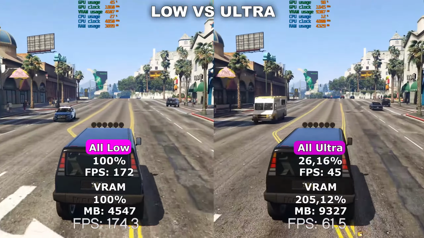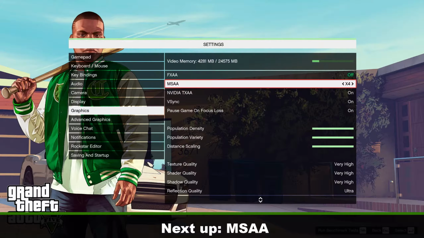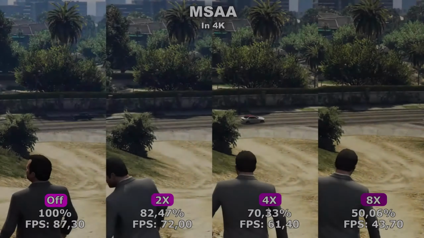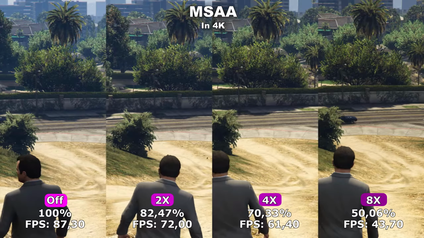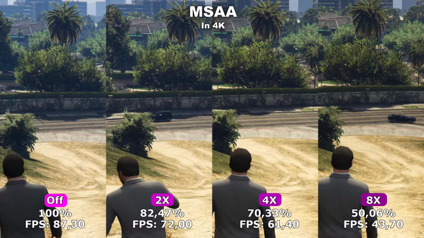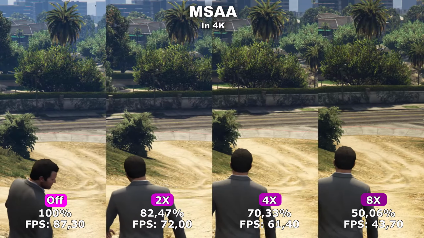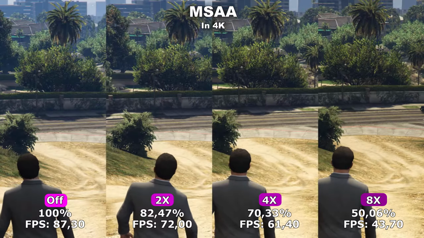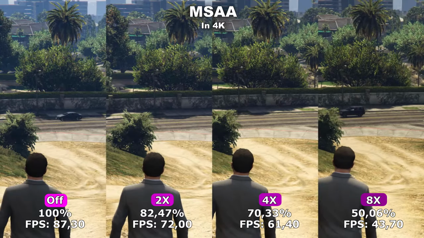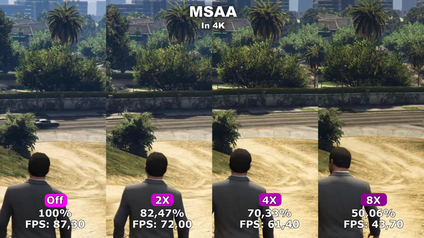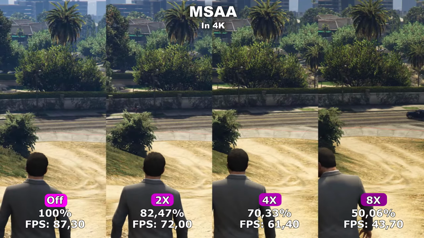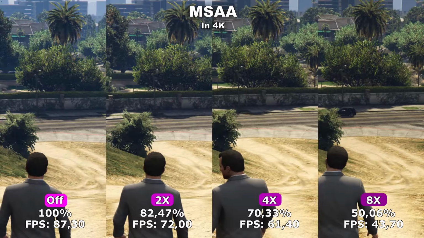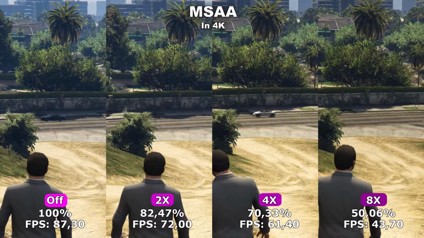So let's get started. The next setting we'll be taking a look at is MSAA. MSAA is another anti-aliasing option you can use inside this game. Like with FXAA, MSAA will smooth out jagged edges in the game and generally make the image look a lot sharper. Like with FXAA, I have tested this both in 4K, 1440p and 1080p.